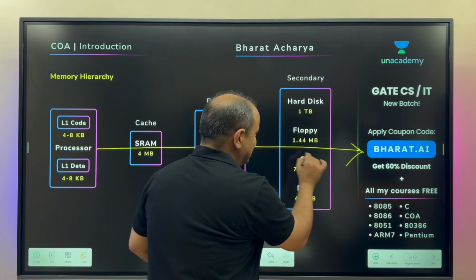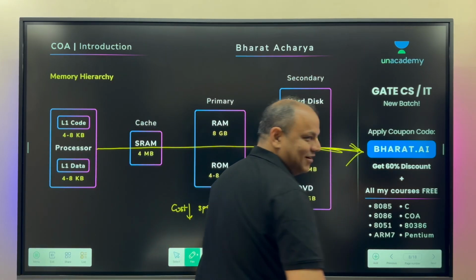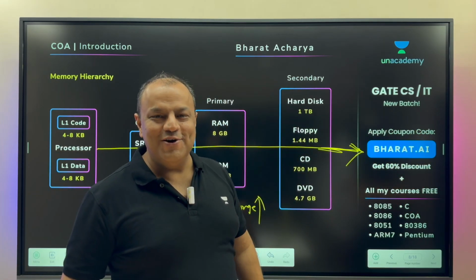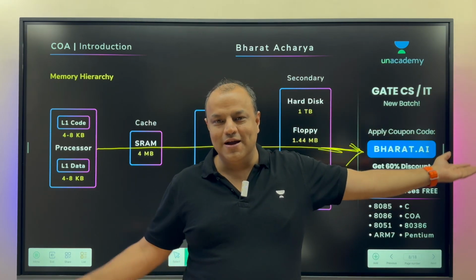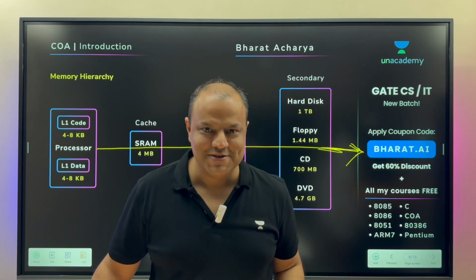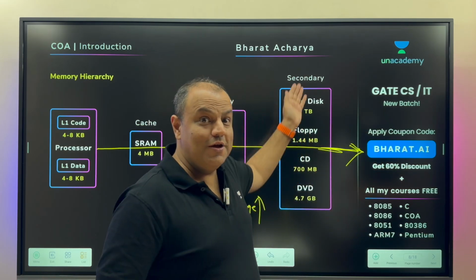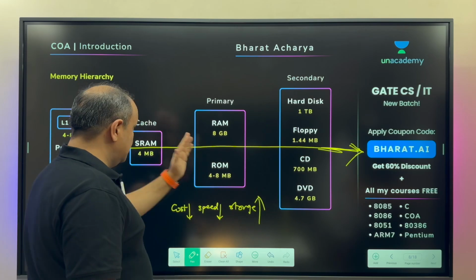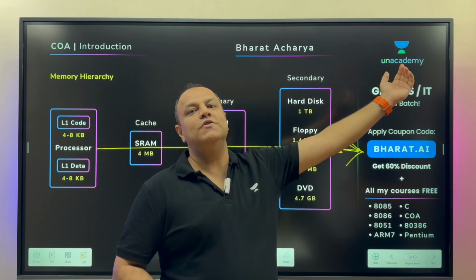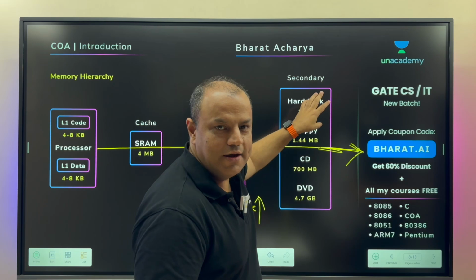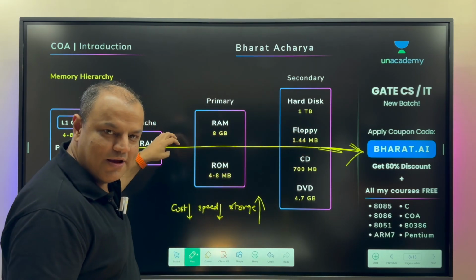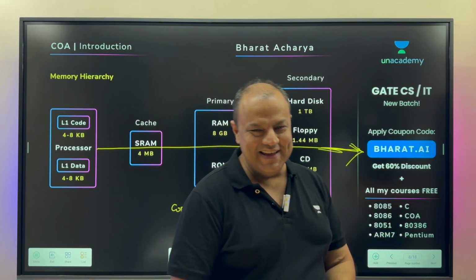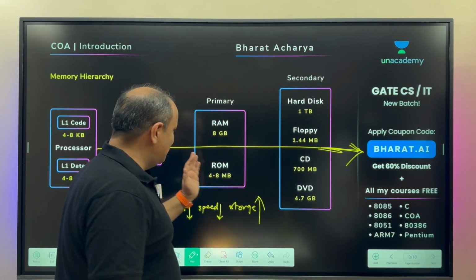And what happens after this? What is there after this? What is here? Infinite possibilities, the internet. If you don't get it in your secondary memory, you're playing the video from the cloud, which is YouTube, which is all these streaming services. Then you don't get it from here, you get it from the cloud. When you're playing something from the cloud, if you don't find the data here, the lag is the most, because then it has to be brought from there into a temporary file, into your main RAM, into your cache, and into your L1 cache, and then you play it. Are you clear? So this is the whole memory hierarchy.